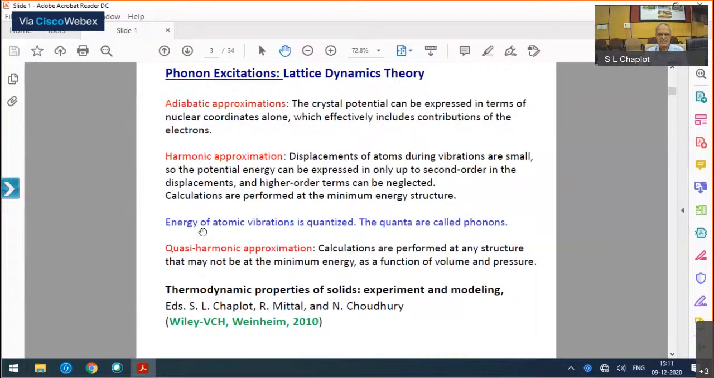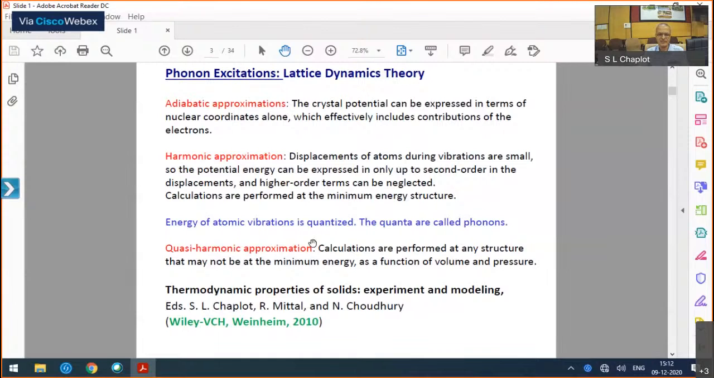Here, unlike in the harmonic approximation where the energy is expressed about the minimum energy structure, so minimum of the energy with respect to all the atomic coordinates as well as lattice constants and so on, so that there is no external stress on the crystal. The external stress is zero, and internal forces on the atoms are also zero. So around such a minimum energy structure, if you expand the potential energy, then that is called